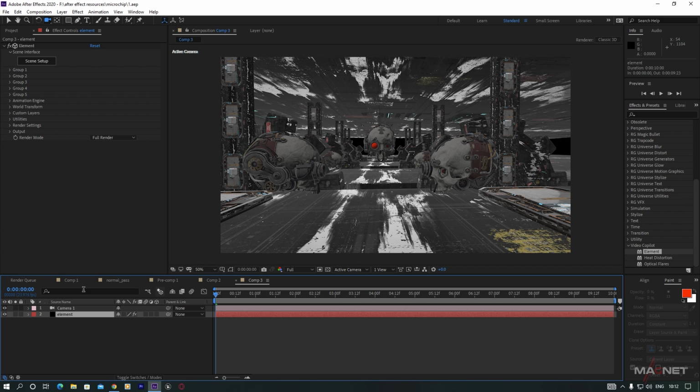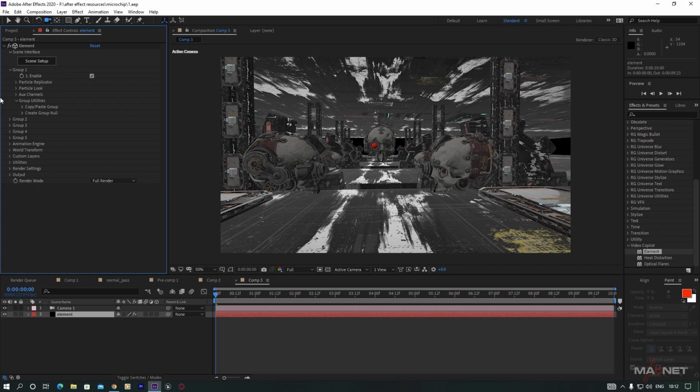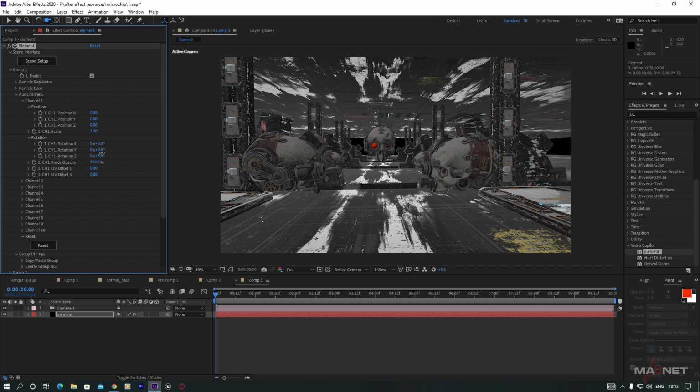So we go to the element, go to the group number 1, and because we put those gears into auxiliary channels, we go to the auxiliary channels. First we go to the channel number 1, go to the rotation, and let's see which rotation fits. So you can see that if we rotate this, all the wheels rotate in this direction. Okay, so you can simply animate this over time, but we can do one thing, that we can put an